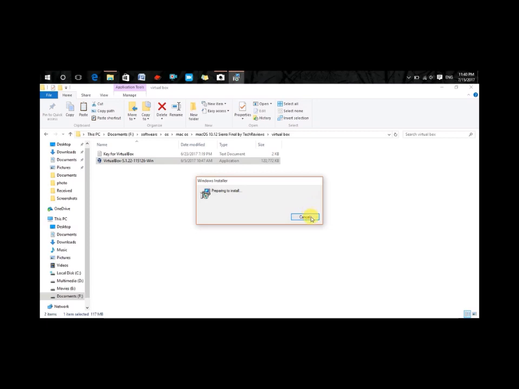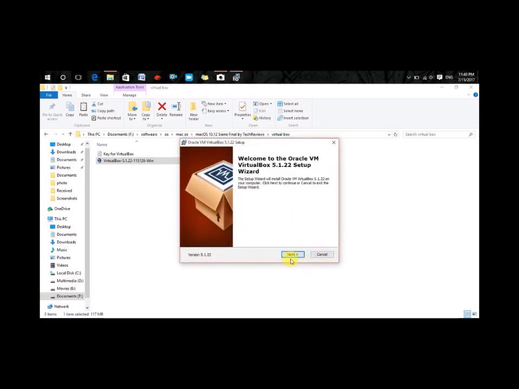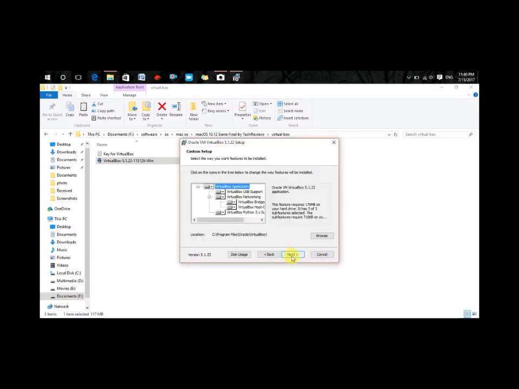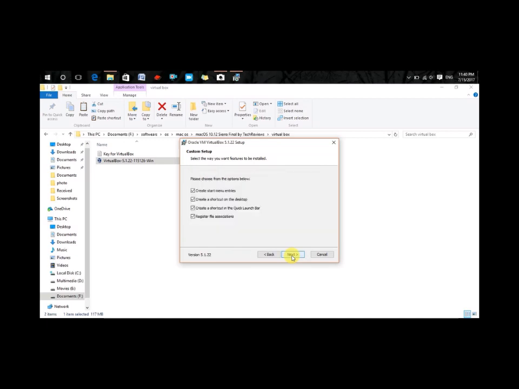It's preparing to install. Install by following these steps.